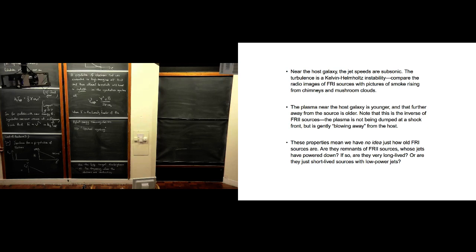And what we don't know in particular, because this aging technique relies on the fact that the plasma is dumped and then left alone and dumped and then left alone as a very high power jet goes out, it means that we've got much, much less certainty about what the lifetime of these very, very low luminosity sources is. And so, for example, it might be the case that a very, very low luminosity radio source exists in almost all massive galaxies. And if you're really up to speed on your popular scientific high energy astronomy, like the Fermi bubbles, in recent years it's become clear, from the first Fermi gamma-ray satellite that was launched 10 years ago, that even the Milky Way